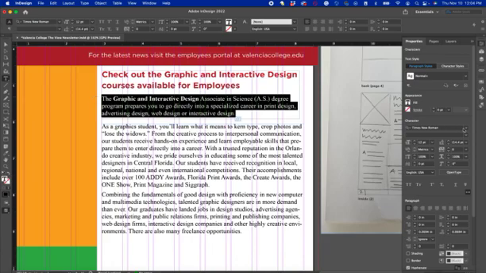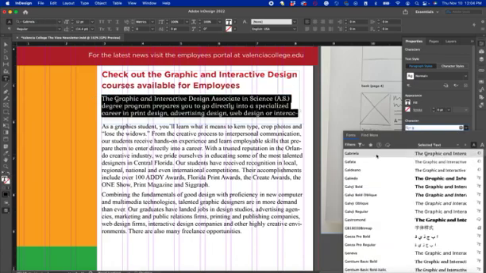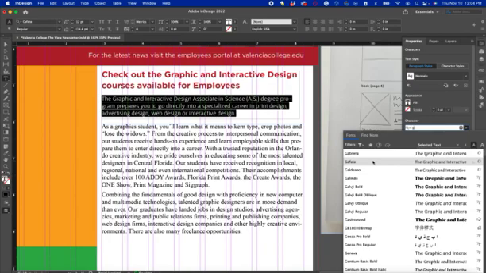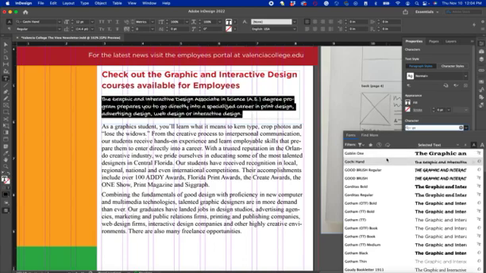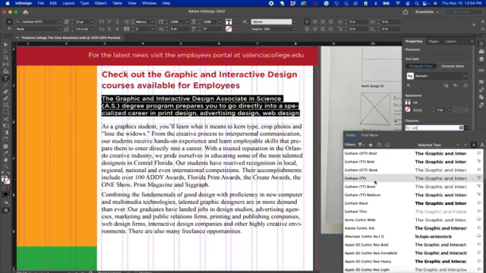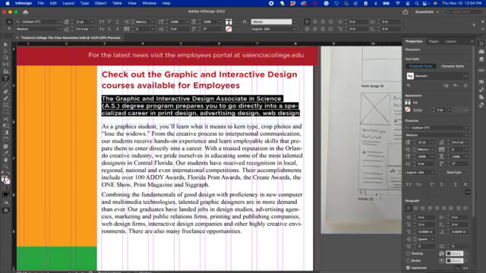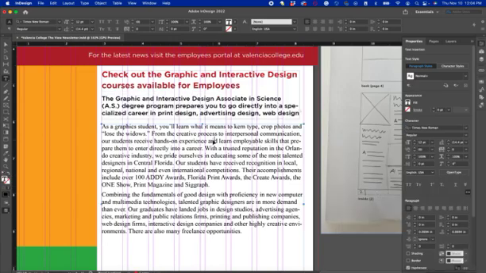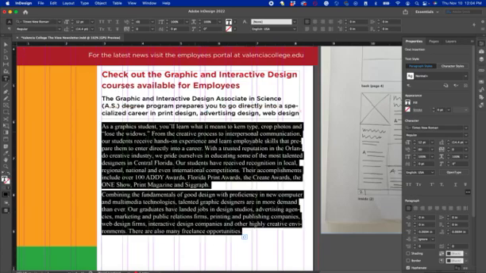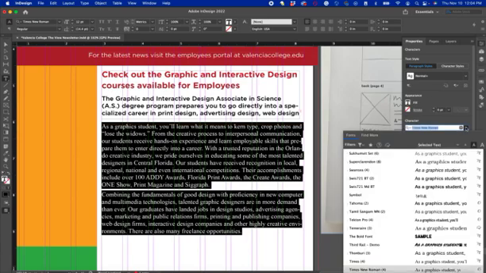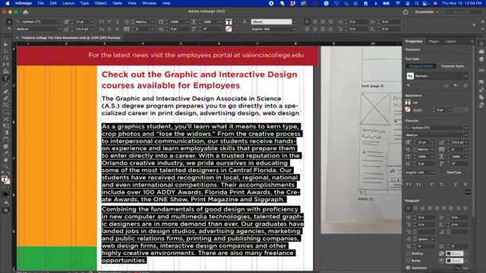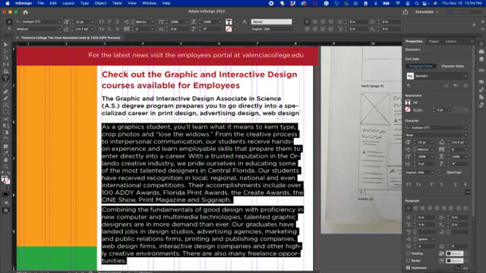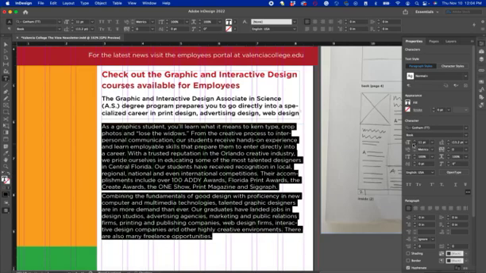And this one is going to be Gotham as well, Gotham medium. And this one is going to be Gotham regular, book, and it's actually going to be 10 points. Okay,